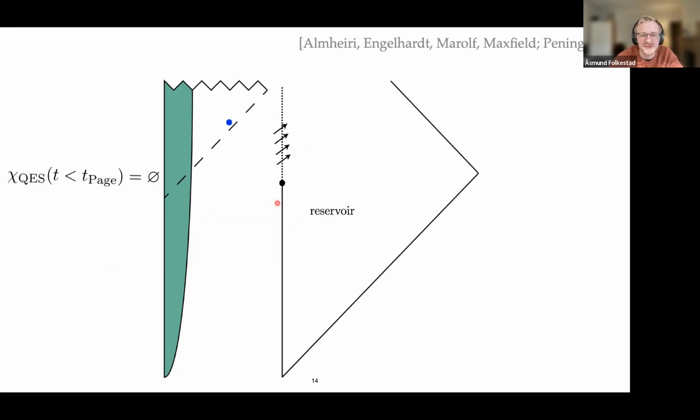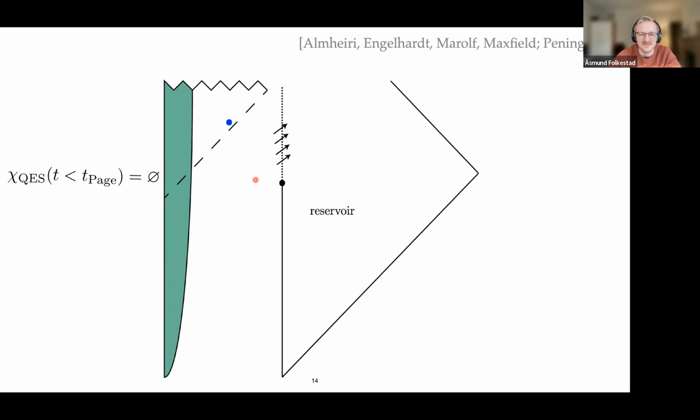So if you take, say, a one-sided black hole that forms from collapse, and then after some time you turn on transparent boundary conditions on the boundary of AdS, then you allow the modes to escape and go into some reservoir, and you can allow the black hole to evaporate. And we'll take the reservoir to be, say, some non-gravitational system.